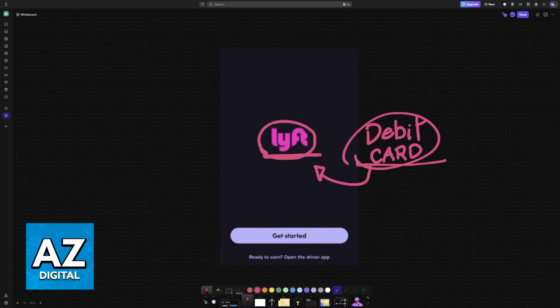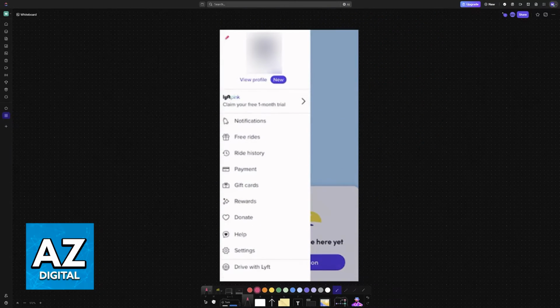manage. So to add the debit card, sign into your account and open the menu. So there's going to be an option to open the menu, usually at the top left, where you see 3 lines. So tap on those 3 lines, and inside of the menu, what you have to do is go into the payment window. So open the menu after you sign into your account, and then go to payment.